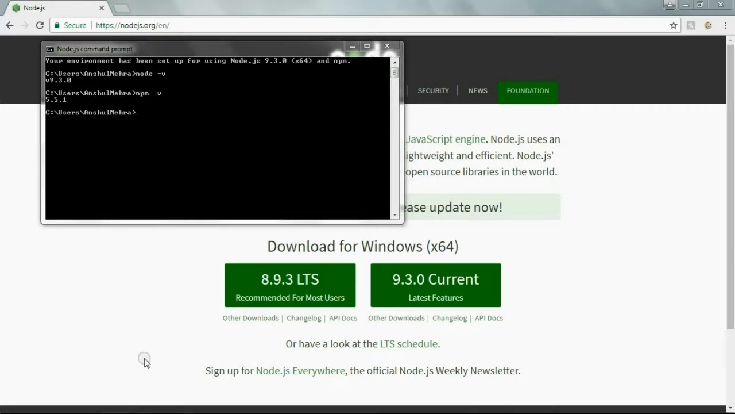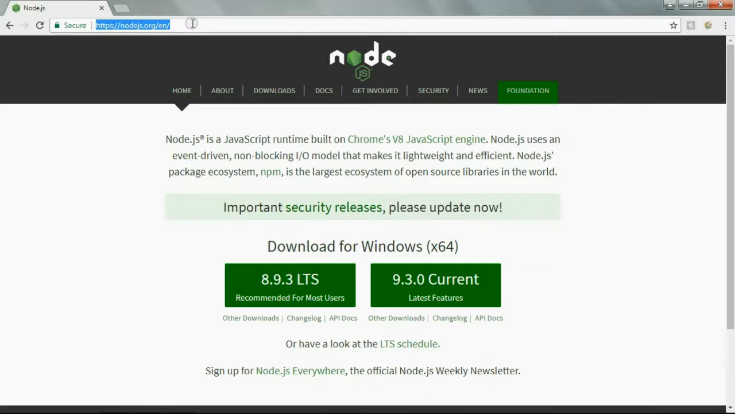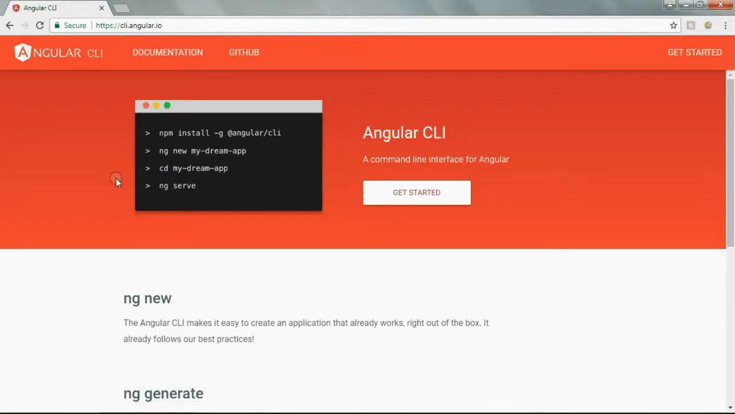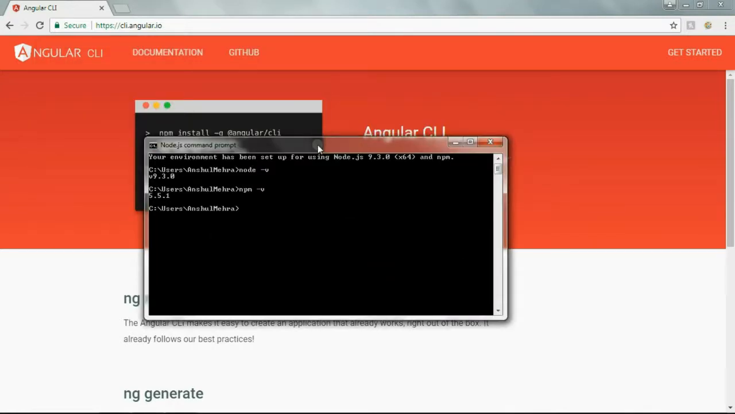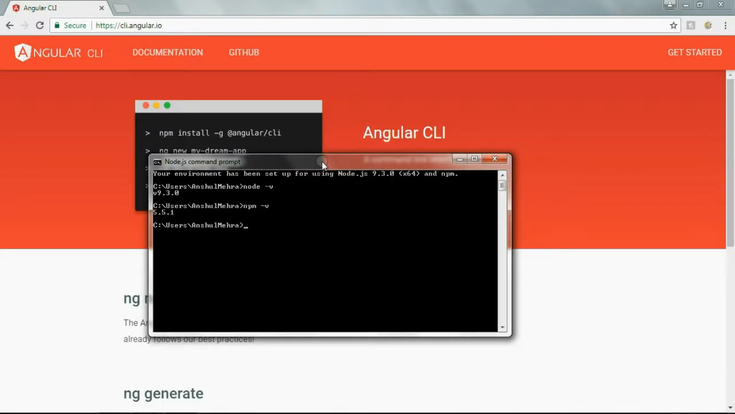Next we are going to be installing Angular CLI, and for that we are going to use NPM, Node Package Manager. But before that we are going to visit its website, which is cli.angular.io. Here you can see that it states that you can use npm to install Angular CLI, and the command for it is npm install -g @angular/cli. So -g is for basically global. What it means is that it is going to be installed for all users. So here we come and type npm